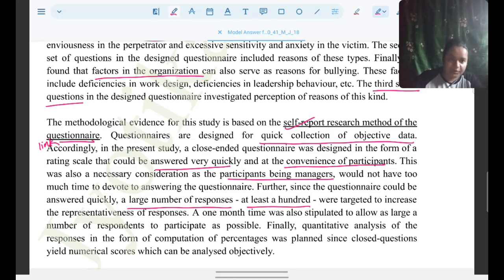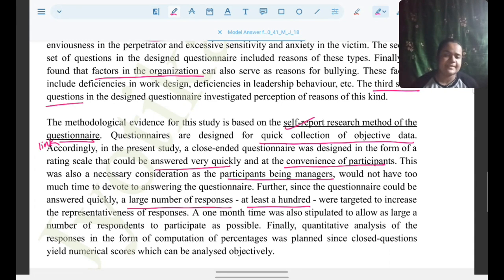And that's the beginning point for my answer, if you see. But there are a lot of other elements also in the method which we need to justify. It is not possible for a student to justify every element of the study. So what my advice would be is you justify the main method, like I've justified use of self-report questionnaires, and pick up a few elements which in your judgment are important to be justified here. I thought the sample, because I mentioned that there should be at least 100 managers answering,